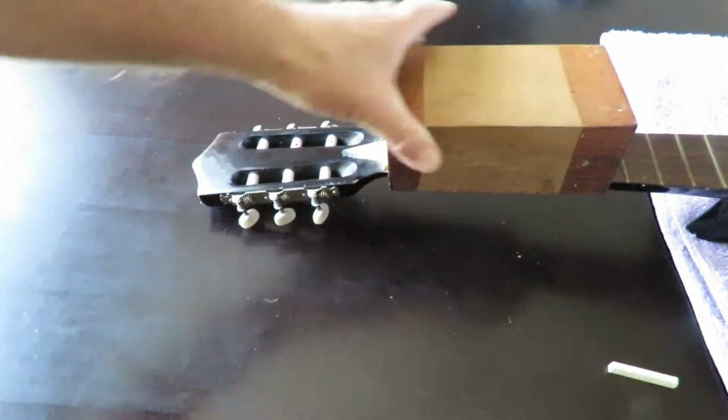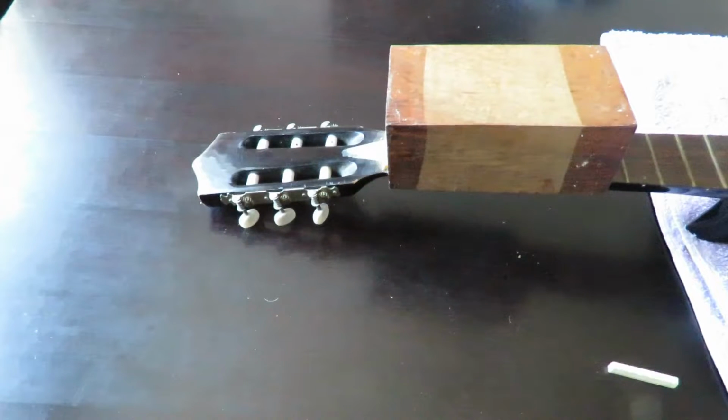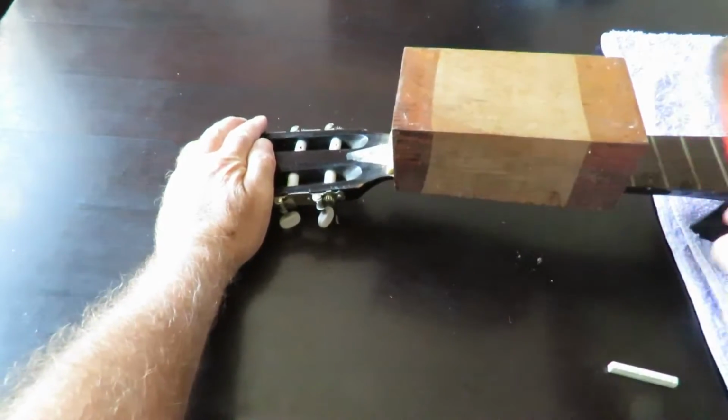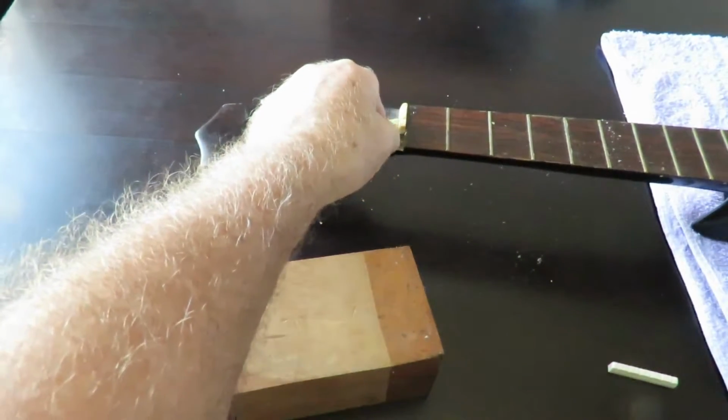I've got a block of wood. I'm going to put the block of wood against there and give it a bit of a tap, and hopefully I can knock it off. I'm not particularly worried what happens to the guitar or not, but let's see if we can do it. Got part of it off,